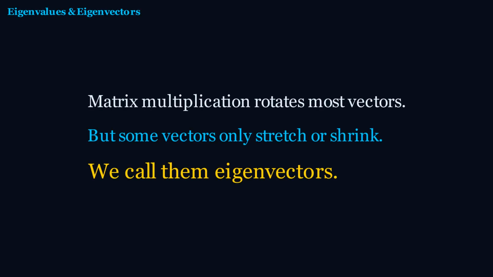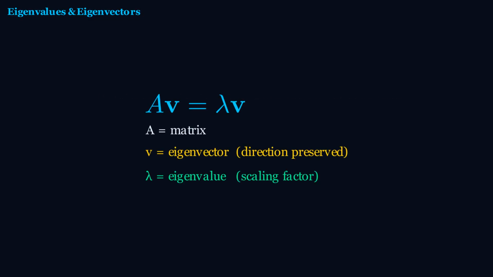If I multiply a matrix by most vectors, the result points in a completely different direction. The vector rotates, but there exist special vectors called eigenvectors that matrix multiplication cannot rotate. These vectors only stretch or shrink. Today we find them. The equation is A times V equals lambda times V. A is the matrix, V is the eigenvector, and lambda is a scalar called the eigenvalue, telling us how much the vector stretches. This single equation is the foundation of PCA, Google PageRank, quantum mechanics, and the stability of every